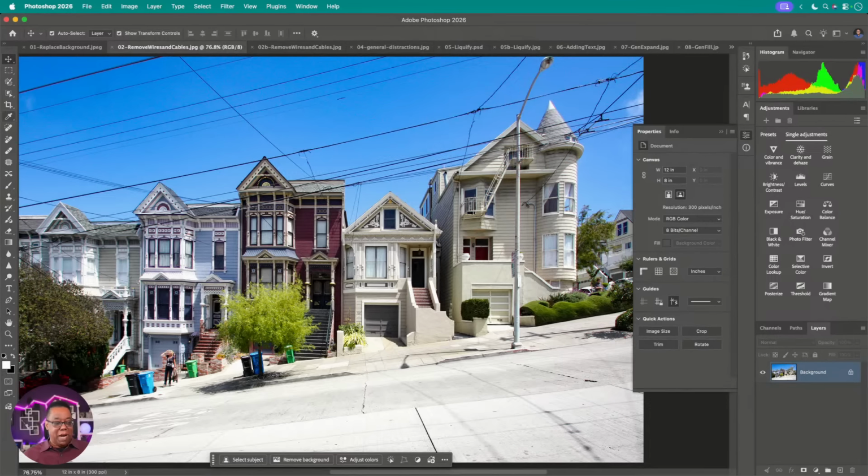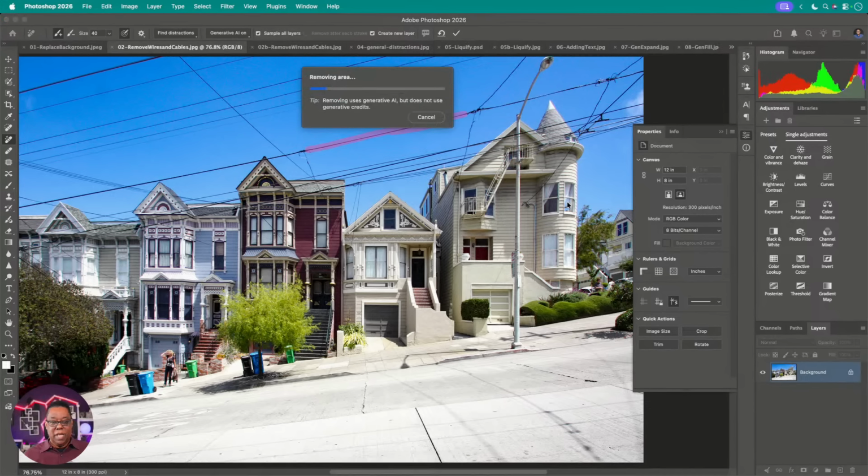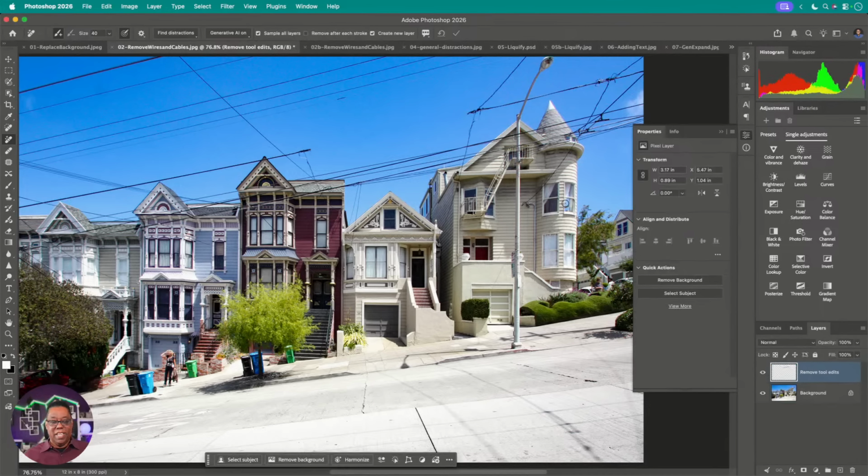You would have to grab the tool. I'm in Photoshop doing it, but then you'd have to paint the wire and then say okay. And you'd paint them all. Like, you wouldn't just do it one at a time. You'd paint them all and click okay. But it would be a very manual process for you to do this. And yeah, it looks great. It got rid of the wire that was right there. Cool. But that could take you time, especially when you get into all the intricate parts of where it's overlapping